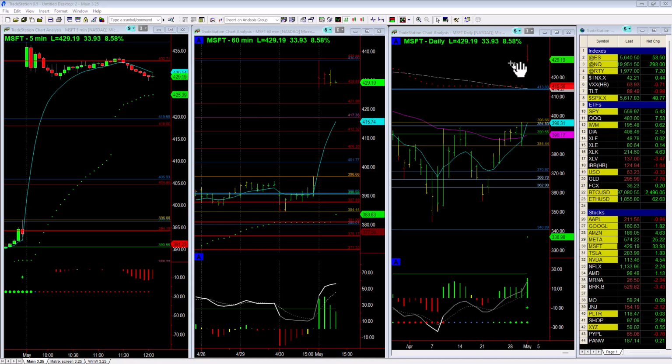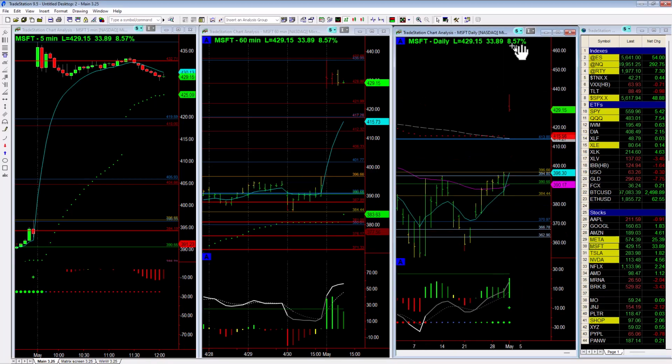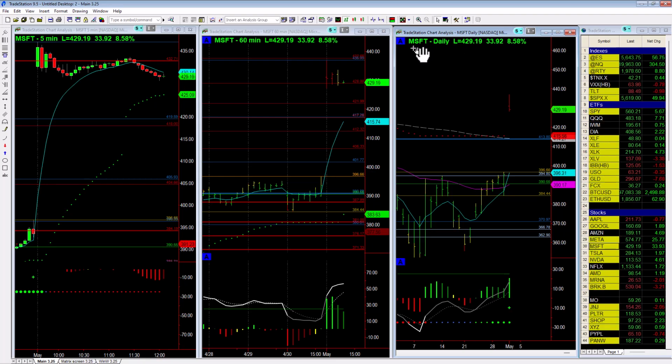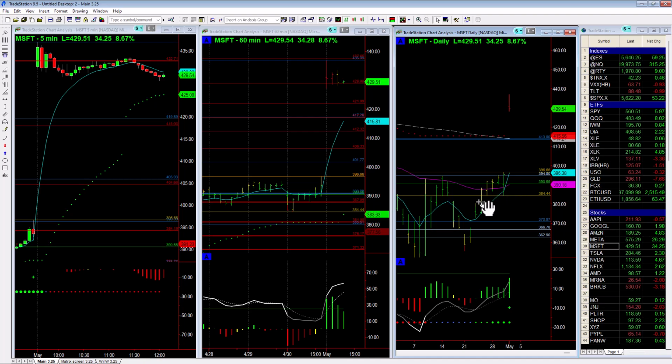Now, the normal way that I play earnings, first of all, is to look at the relative strength. 8%, 9%, 10% on a stock as big as Microsoft is an enormous move to the upside. You can see the market was anticipating some bullishness in the stock anyway. It didn't sell off, it moved higher with the market, and then here's the jump.